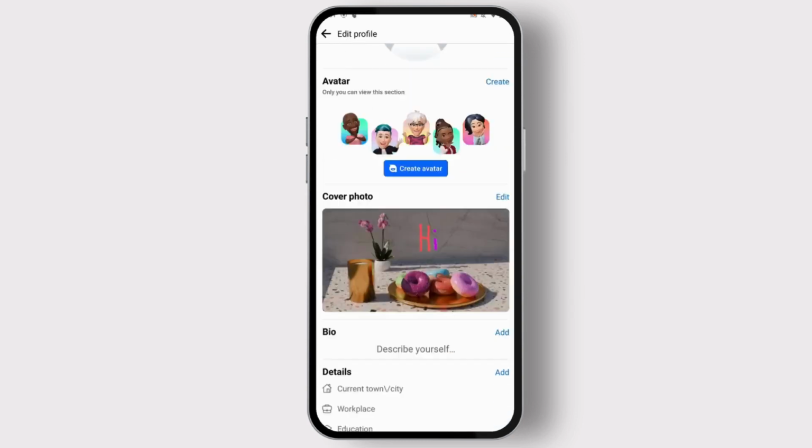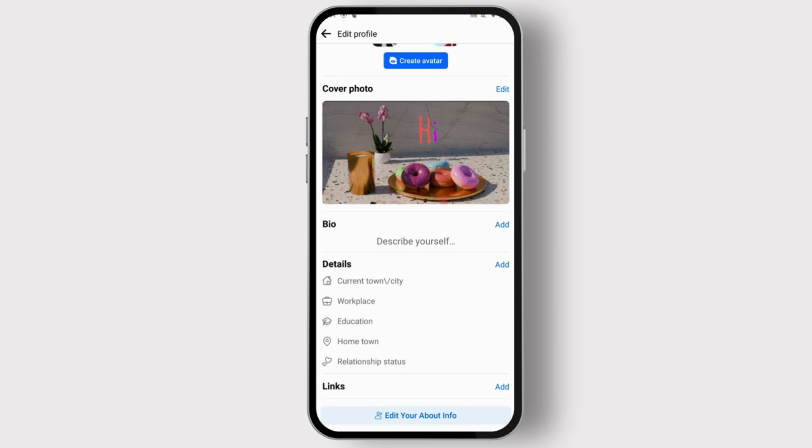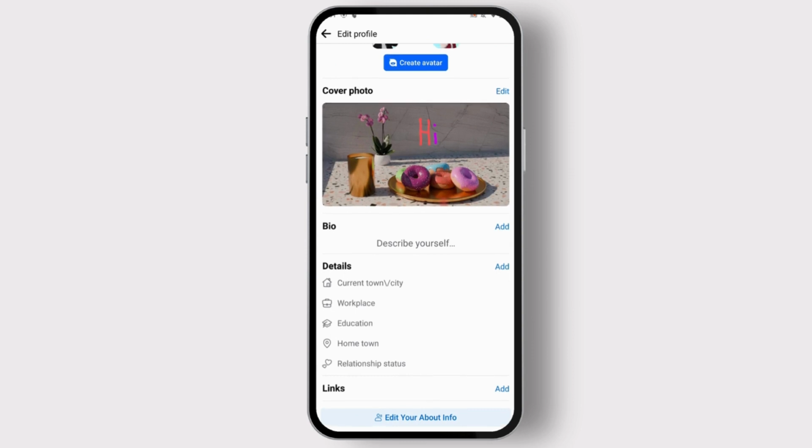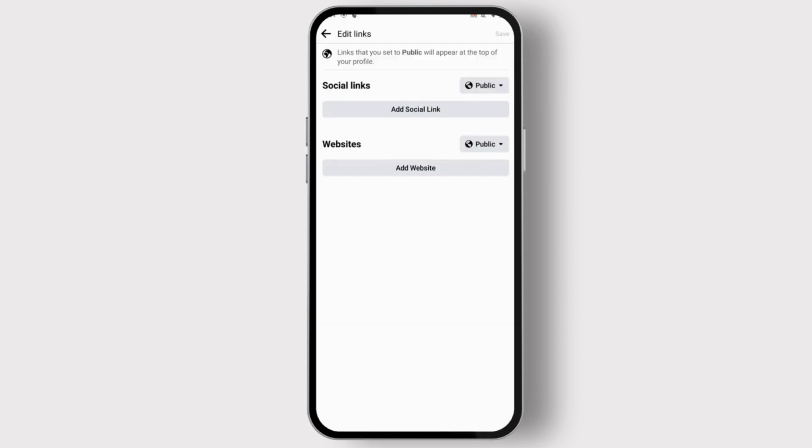Just tap on it, and after tapping on that, just scroll all the way down, and here you can find this option, which is links. So beside that option you will find an add option. Just tap on it, and after tapping on that, now you have to tap on add website and then enter